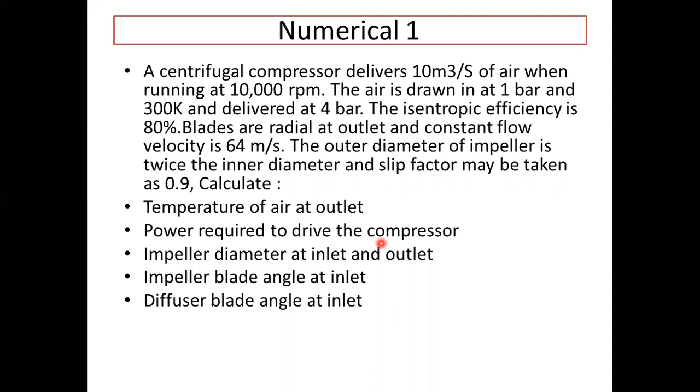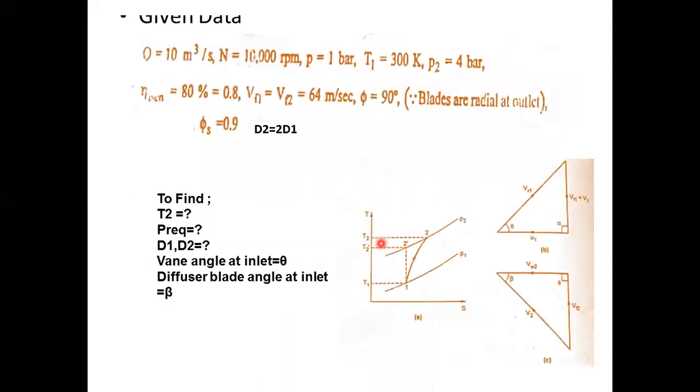The angle of the velocity component by which the compressed air is entering into the diffuser section. And we know that the air entering the compressor initially before striking the impeller is the V1 velocity, it's leaving with the Vr2, but that flow of the air entering in the diffuser is by means of the component V2. So whatever the angle associated with the V2, that is the diffuser blade angle at the inlet. So by studying the velocity triangle, you will come to know that points. Okay, these all are the given data we already discussed.